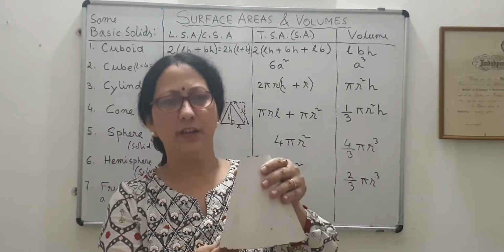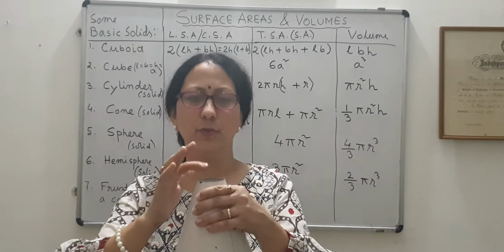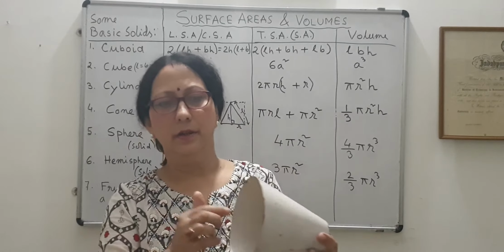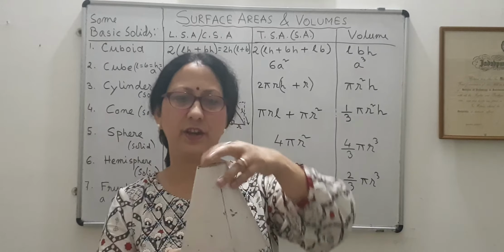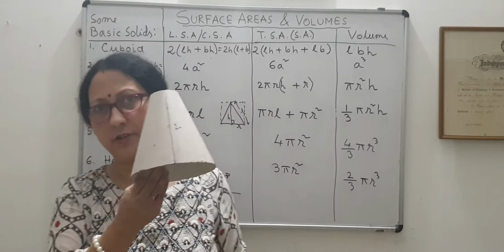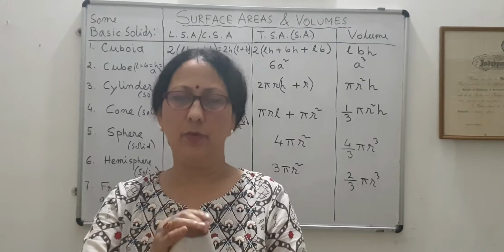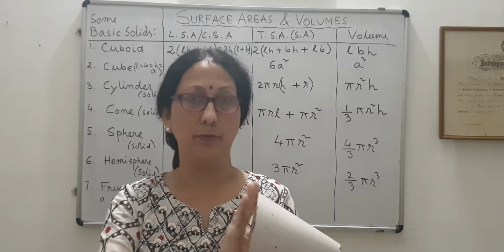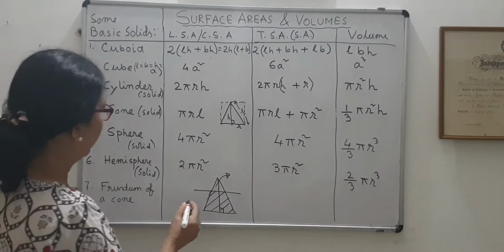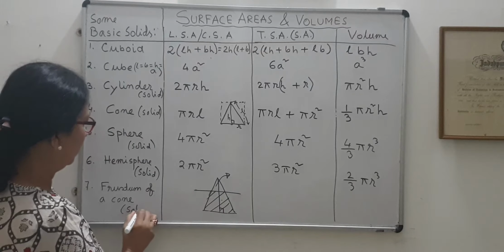So in a frustum of a cone there is a circular base with a bigger radius, and a top area, another circle with a smaller radius. The distance between the center of the top circle and the center of the base circle will be the height of the frustum, and this length will be the slant height of the frustum. So this is the frustum of a right circular cone. Now this is a hollow one. It will be solid, so there will be a top surface and a bottom surface. This is your frustum, and I am considering it to be solid.